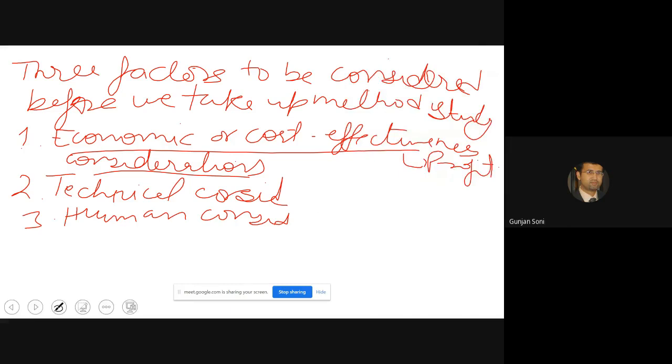Or you can say the jobs which are producing the largest amount of scrap or where waste rates are high. If you work on them, definitely you know that this particular machine or workstation is giving maximum scrap, so I can take it up. Okay, so that is quite valid also. Then we can take up bottlenecks.